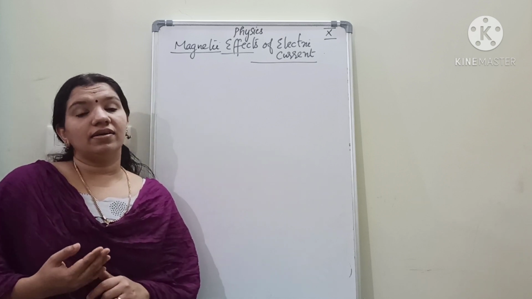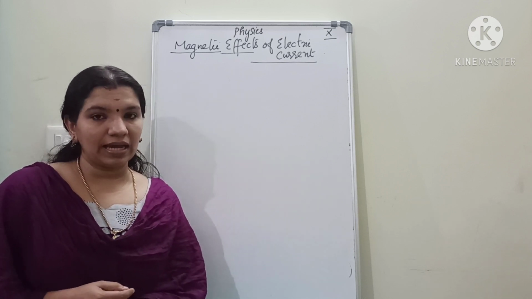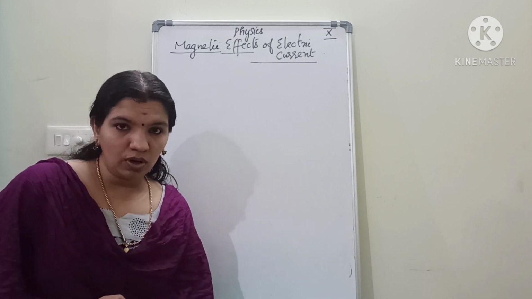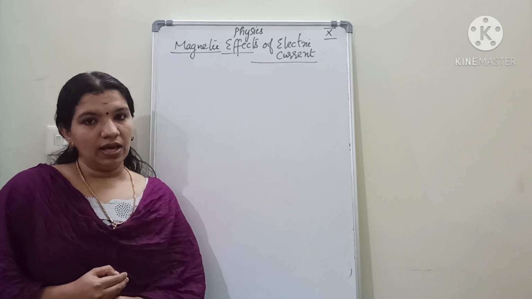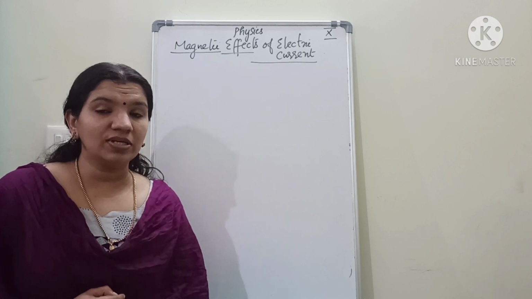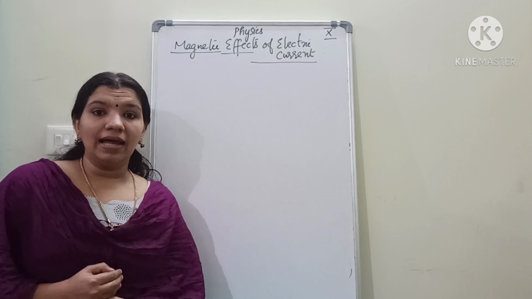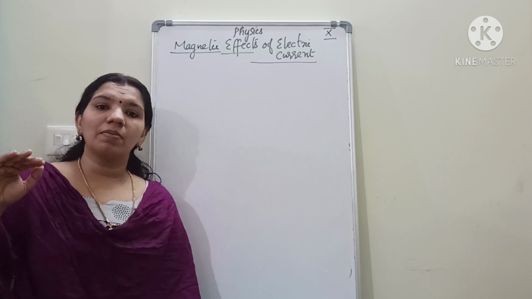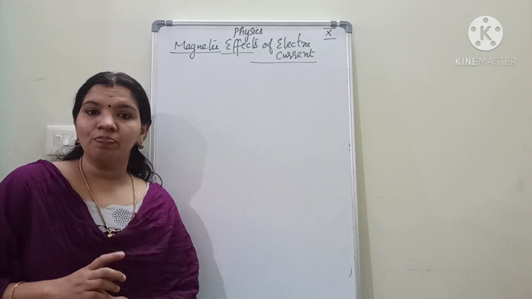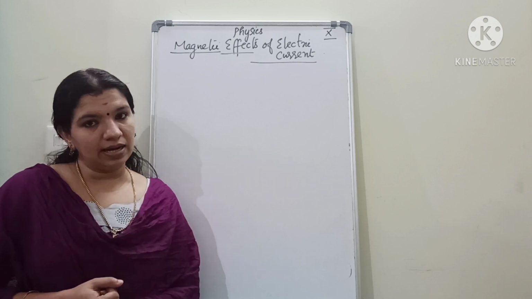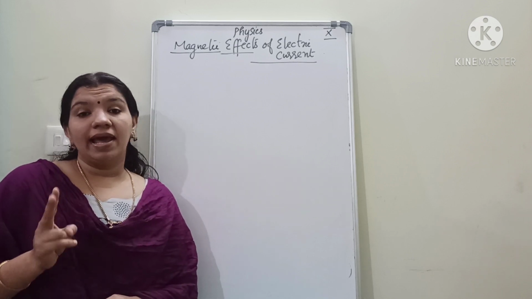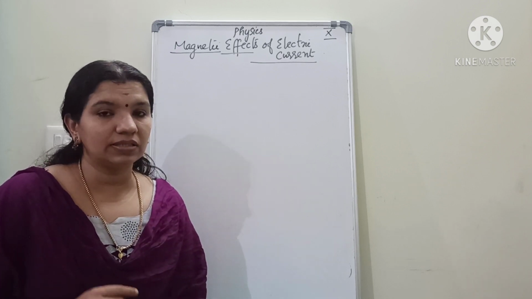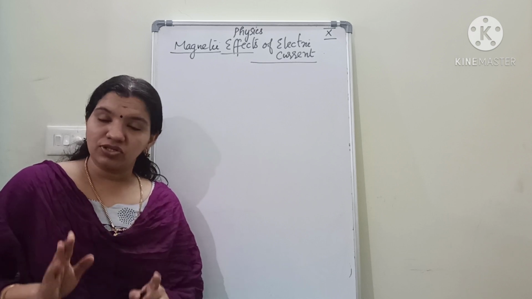Also, we explained the properties of lines of force, or the magnetic field lines. You know that first, they start from the north pole of the magnet and end at the south pole. Second, they are continuous curves. They form closed loops, and inside the bar magnet they move from south to north. Also inside the bar magnet the magnetic field is uniform, which can be indicated by using parallel lines. Then they never intersect each other, and if they intersected it would mean that two directions are possible at a particular point, which is not actually possible.